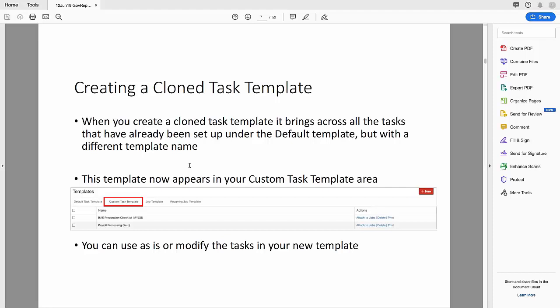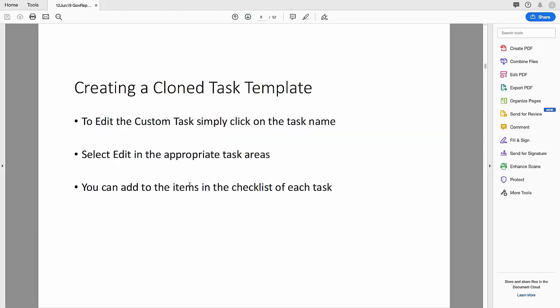And then once you've saved that, it now appears in your custom task template area, and you can then go in and edit it and modify it to suit you. If, however, you choose to create a new one, so this is a cloned one, if we go to create a new one,